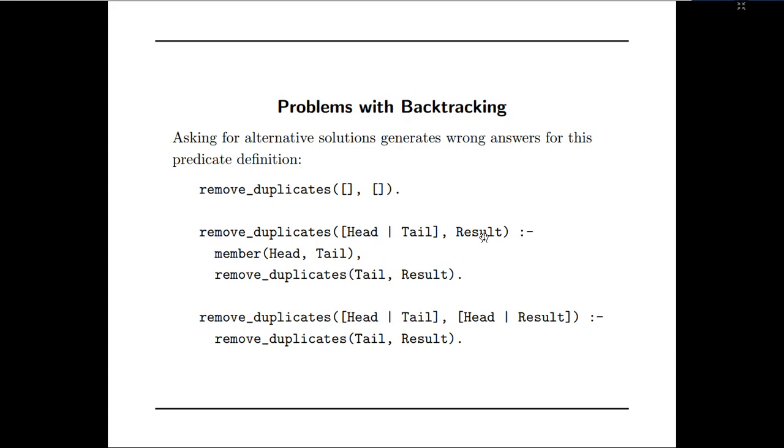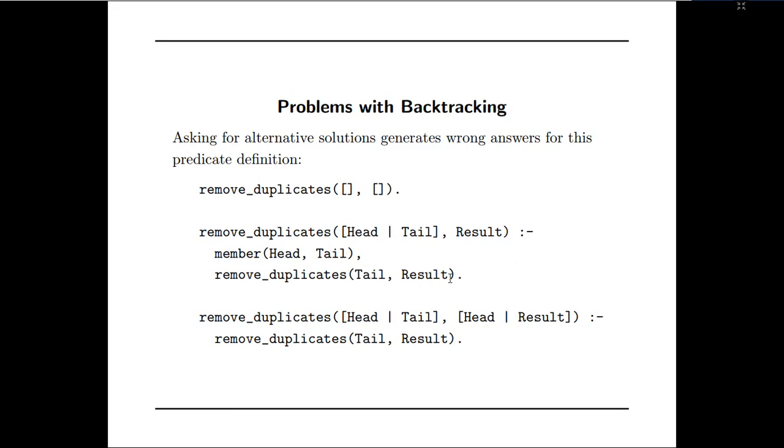It is checking whether the head is a member of the tail or not. But after checking whether the head is a member of the tail, it is not performing anything directly. It is performing the removing of duplicates again using this tail and the subsequent result.